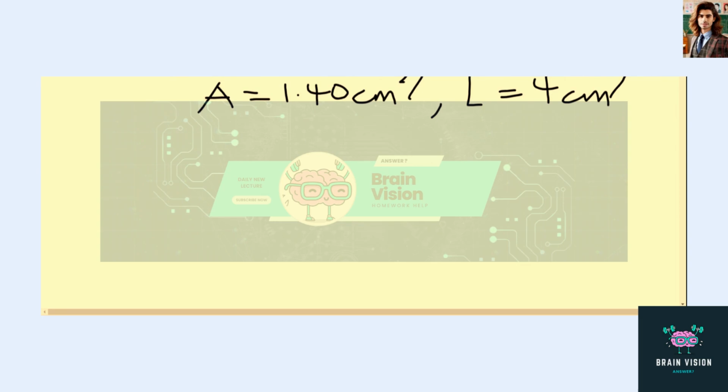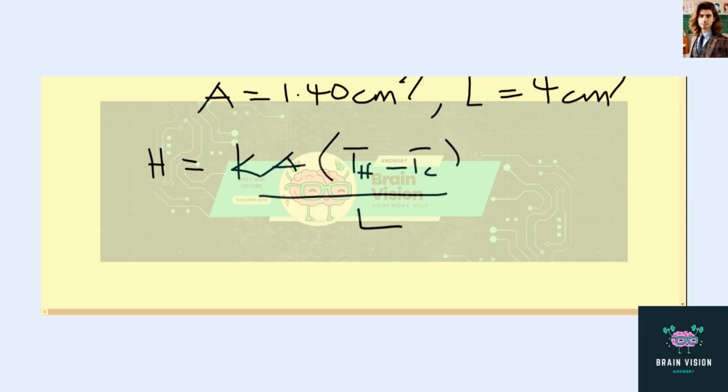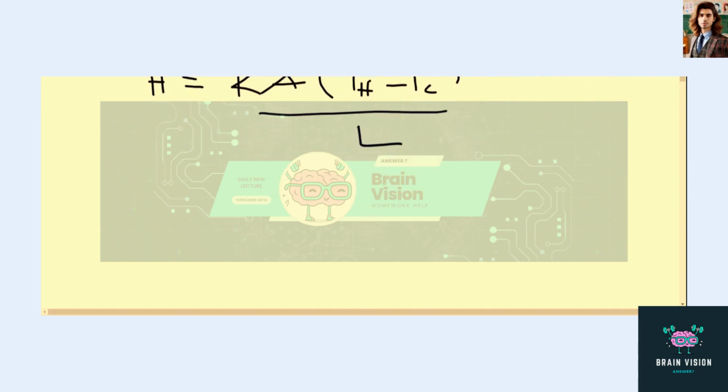So let's take our equation for the heat current, which is equal to K, the thermal conductivity, times the area, times the change in temperature, TH minus TC, all divided by L. Good. Now we can go straight on and put the values inside the equation. The thermal conductivity K for the fiberglass is given as 0.040 watts per meter per Kelvin. So we have 0.040 times the area, which is 1.40,